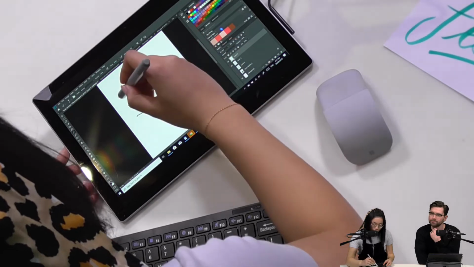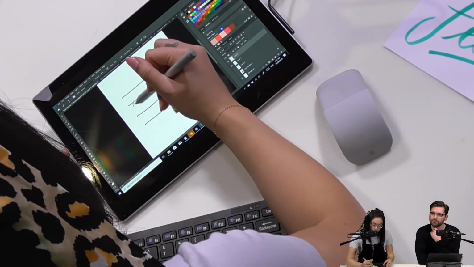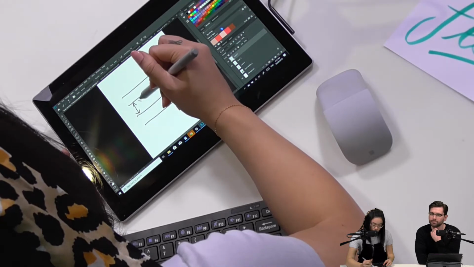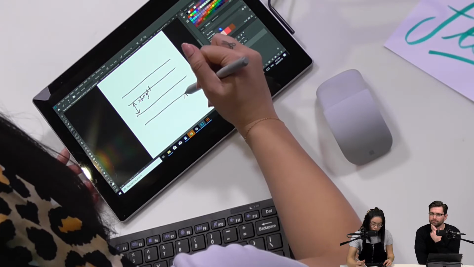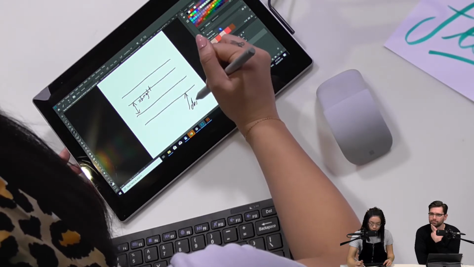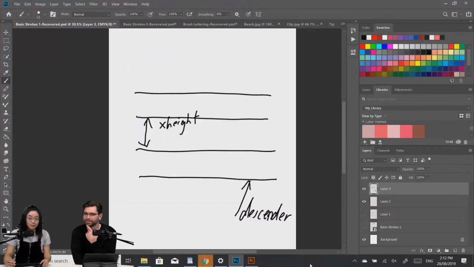Okay, normally when you're lettering, you just have 4 lines, and then this is called the X height. This is called the descender. Oops. As you can see, my lettering. I love it. You did that handwriting just to demonstrate for our benefit, didn't you? Just so people can have some hope if they have ugly handwriting.